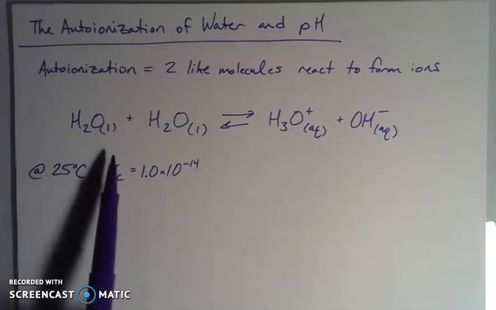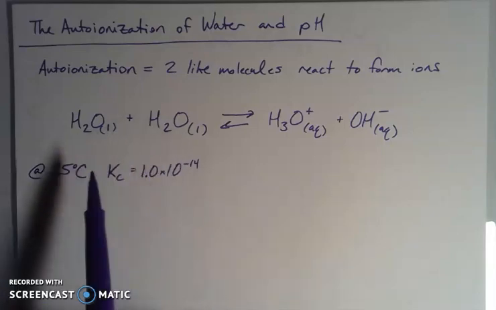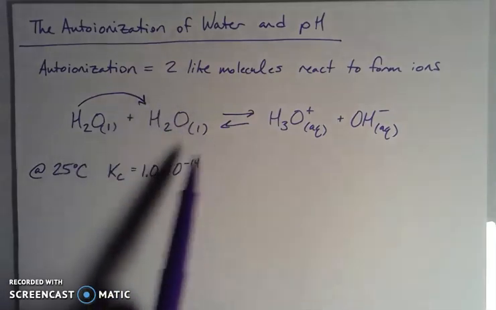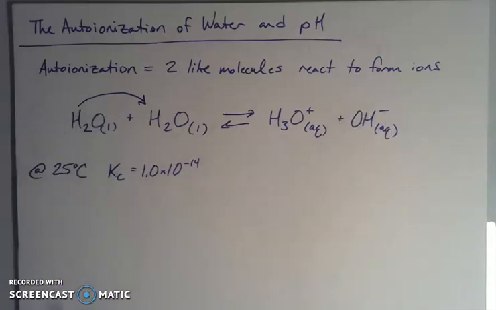So water, and this is kind of a cool feature, is the most common acid in the world. And by definition, an acid is something that donates hydrogen. It's got hydrogen to give. It's happily donating it. It forms hydroxide. It's also the most common base in the world. So water can accept a hydrogen, right? If we think about this guy donating and this one accepting, although it doesn't matter which one is which, then this one that accepted the hydrogen forms hydronium, and this one that gave up the hydrogen forms hydroxide. So we have this amphiprotic substance or amphoteric substance that can act as either an acid